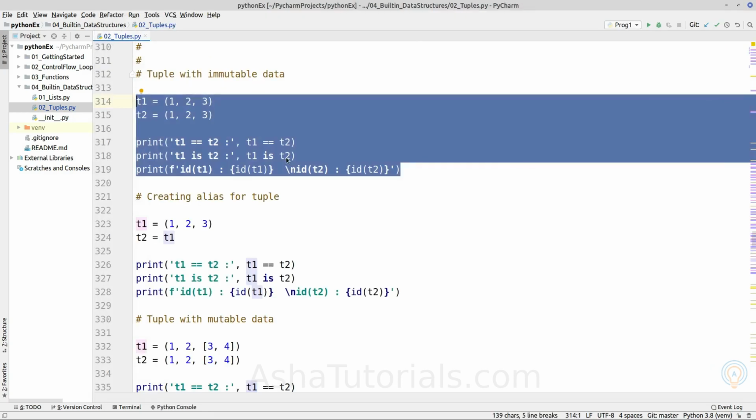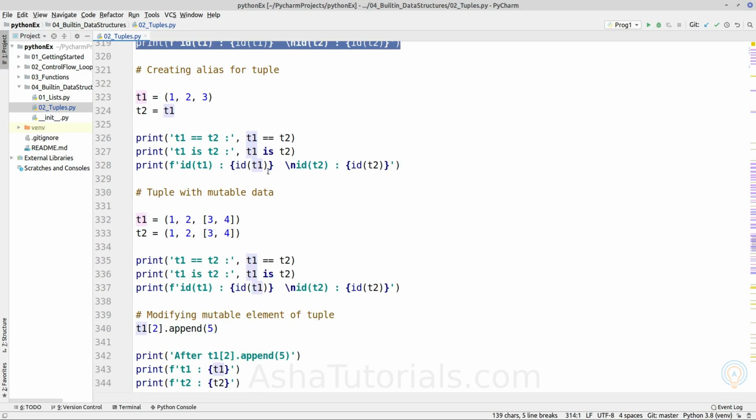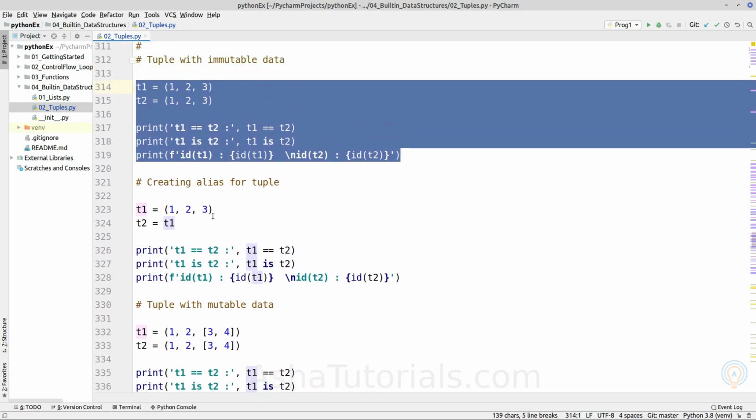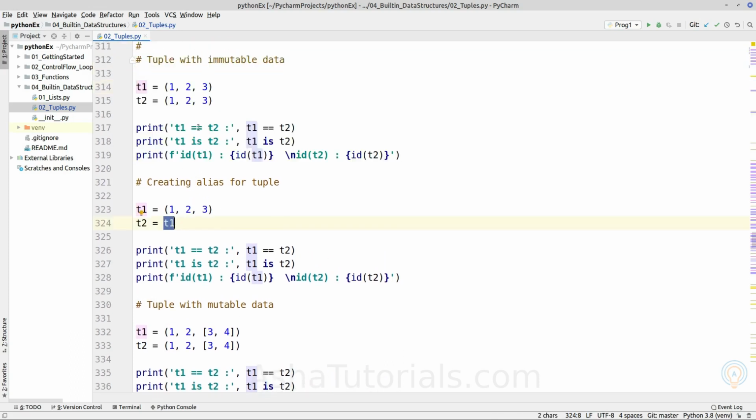But this changes when we have a mutable data type. Before that, we will look at what happens if we assign a tuple variable to a new variable. It will copy the memory address, same as we saw for the list.